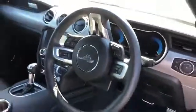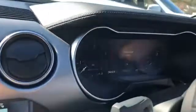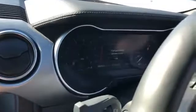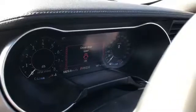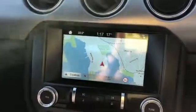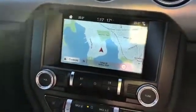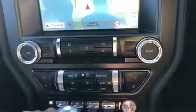These days the update has garnered a digital screen. I'll get in there and show you, if I can, it's hard with the light. You probably can't see that because of the light, but that's the digital screen. Really cool. It's very easy to change around with buttons on the steering wheel. There's a fairly high-def infotainment screen, which is a real big improvement on the past. All the rocker switches down here, set your driving mode there,